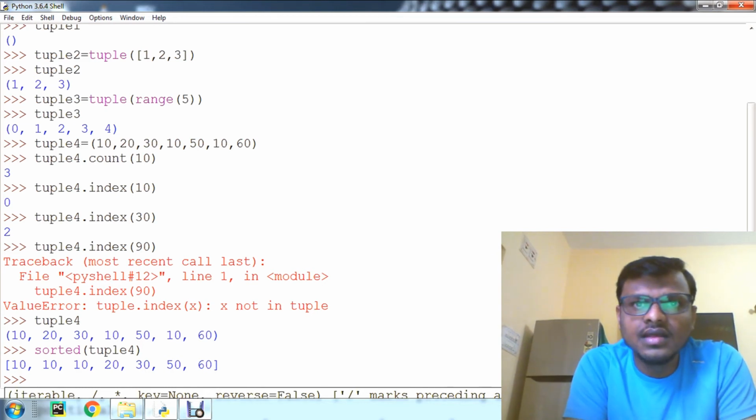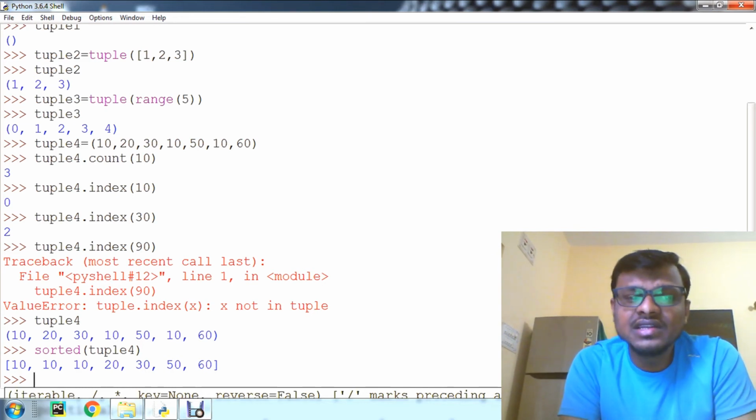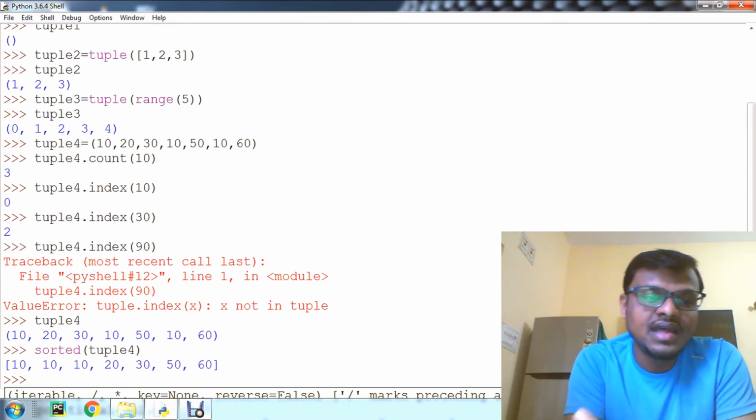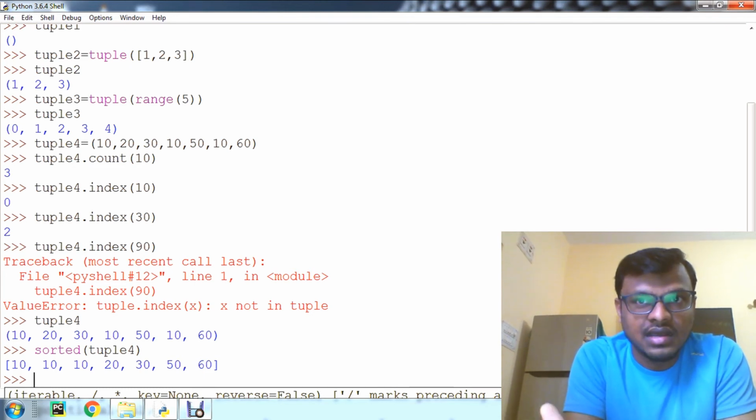Understand? Same way, the sorted function is not only used with integer values, it can be used with other than integer values like strings, alphabets, characters and floating type values as well.